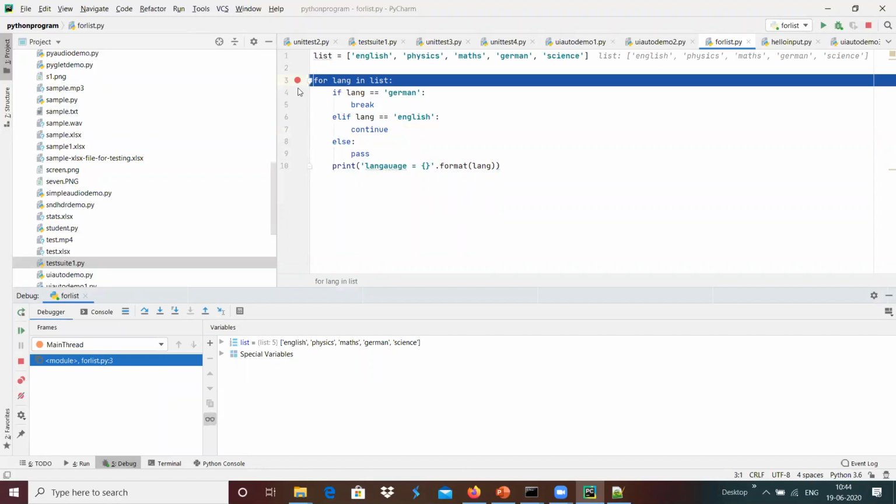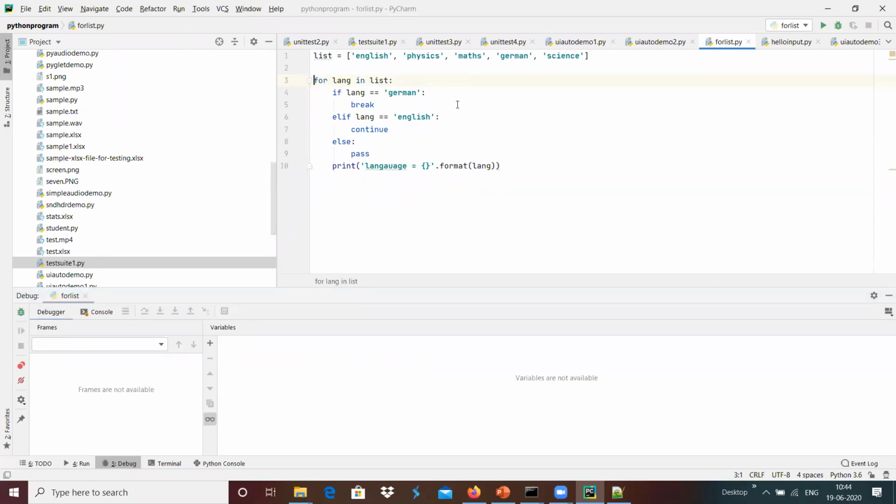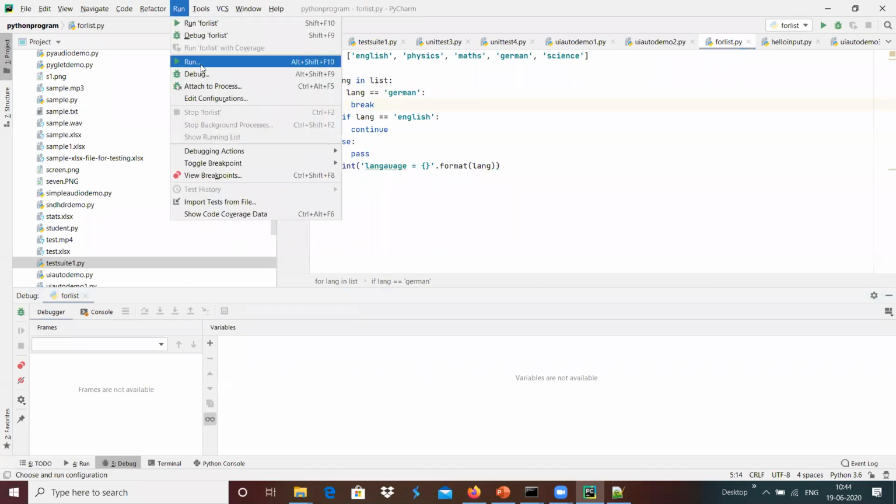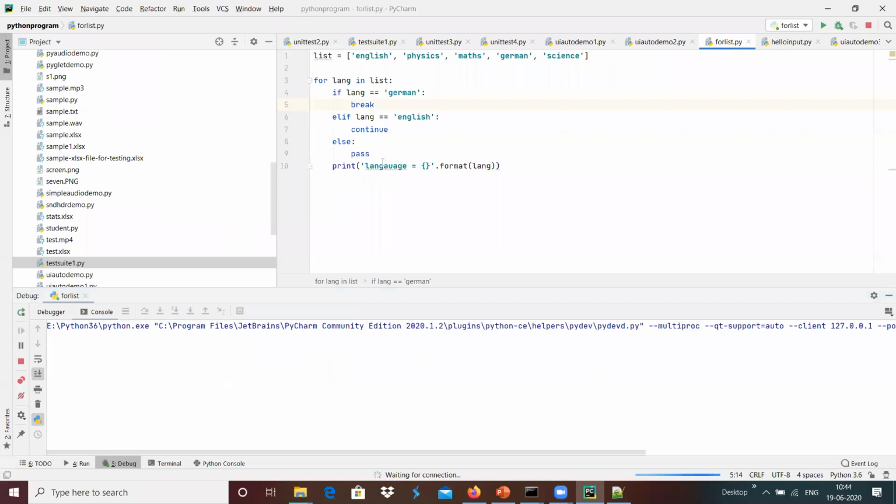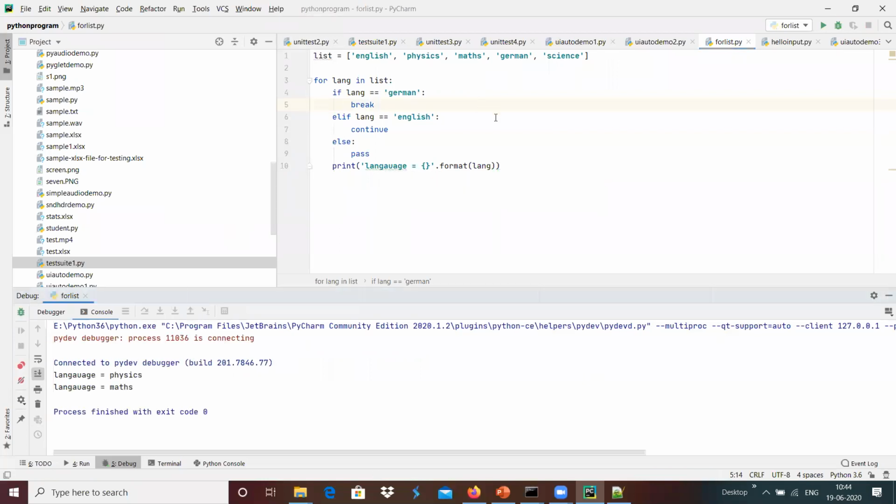For example, I put a breakpoint here. Without the breakpoint, I just resume, and I run again with debug. It will not stop anywhere, and it just continues.